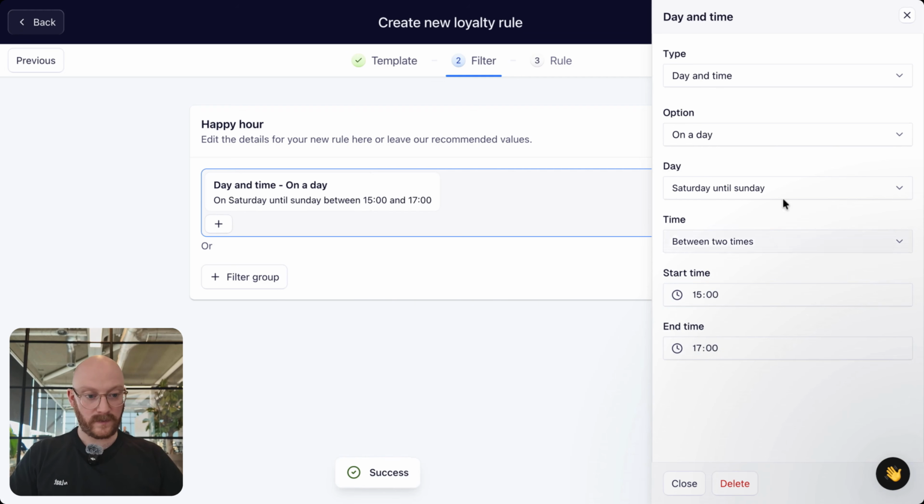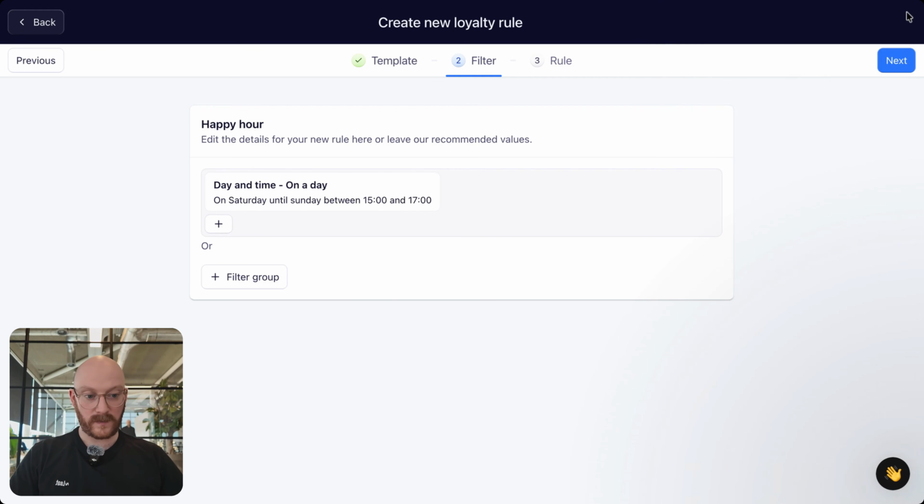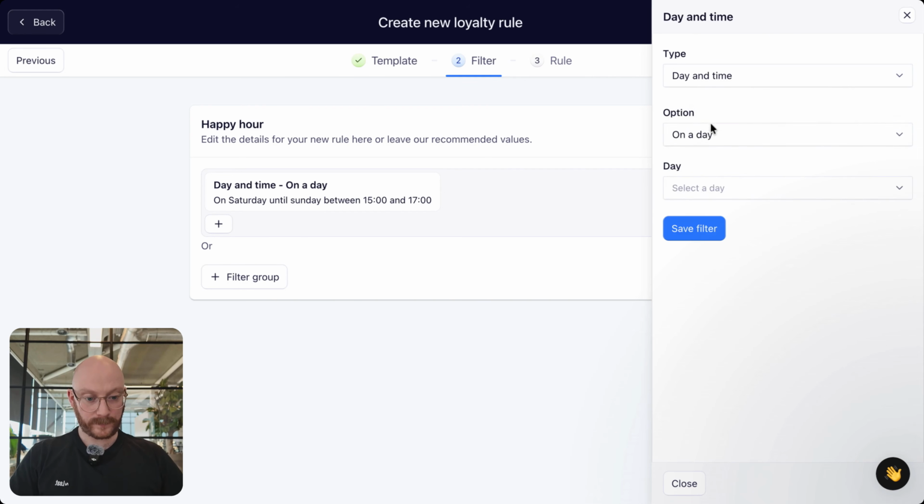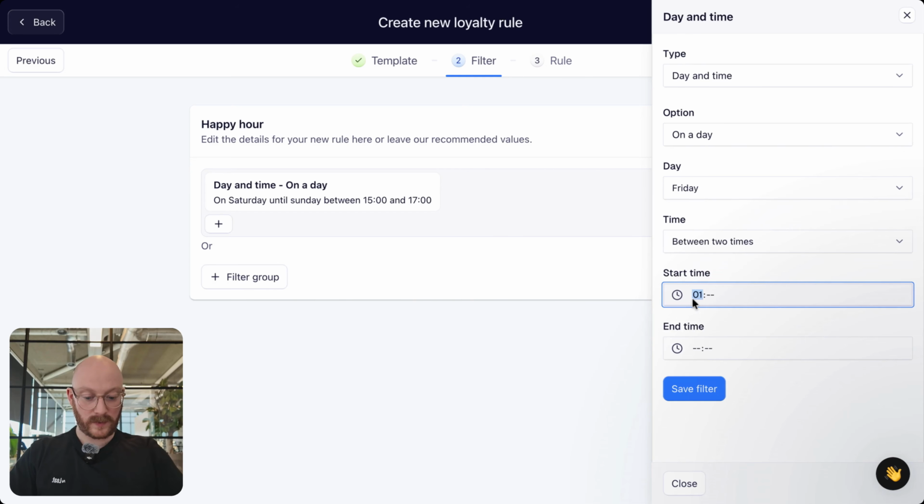And then you can hit update filter once you've entered the information as you like. If you want to add more to this filter, you can, or you can also add a separate filter group. So let's say, for example, you want to also have this same earning rule on Friday afternoons between 3 and 5. You can do that. So we're going to select a day and time. The day is going to be Friday. And we're going to say between 2 times once again of 3 p.m. and 5 p.m. Now we're going to save that